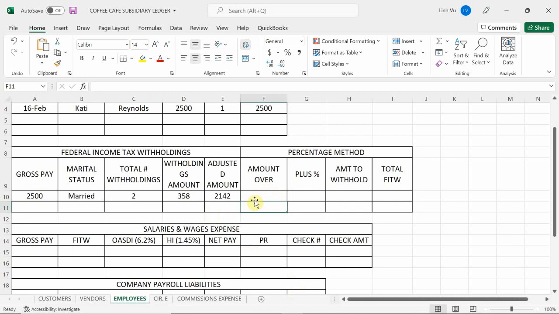So once again, the amount over is going to be this minus $13.98. So therefore, she earns $744 over, plus the 12% because she belongs in the 12% bracket, and the amount to withhold is going to be the